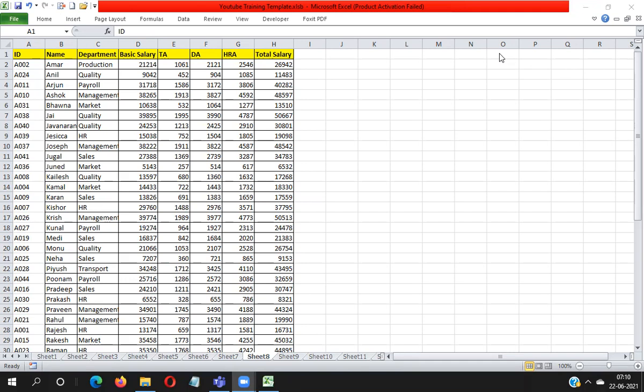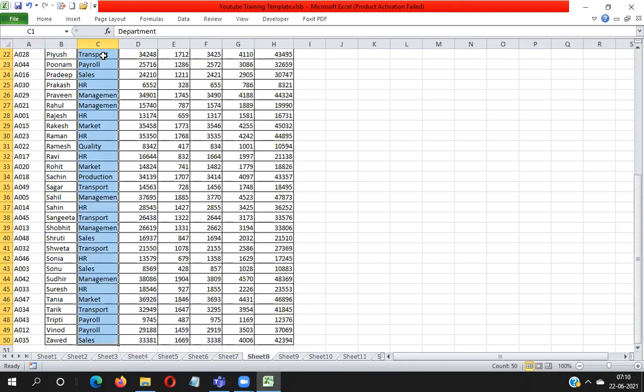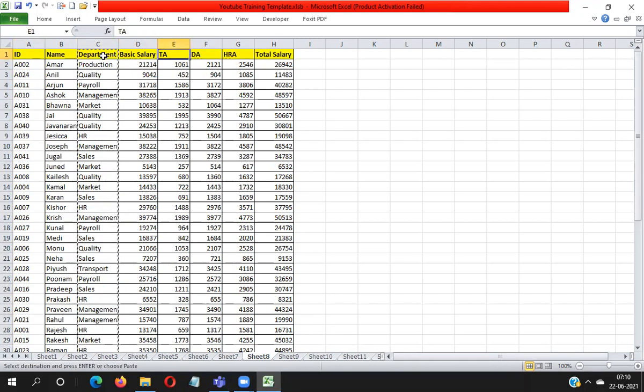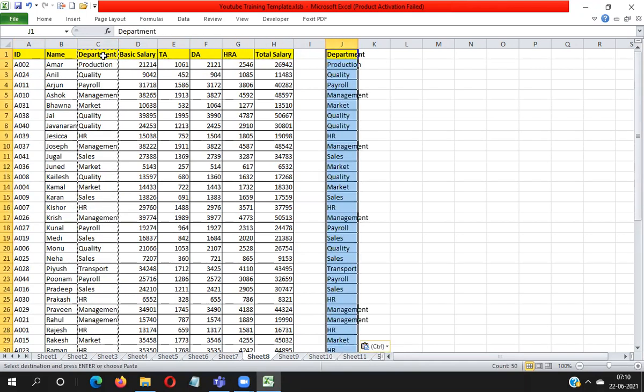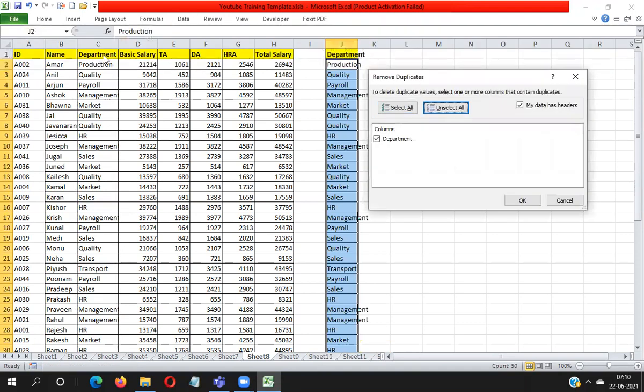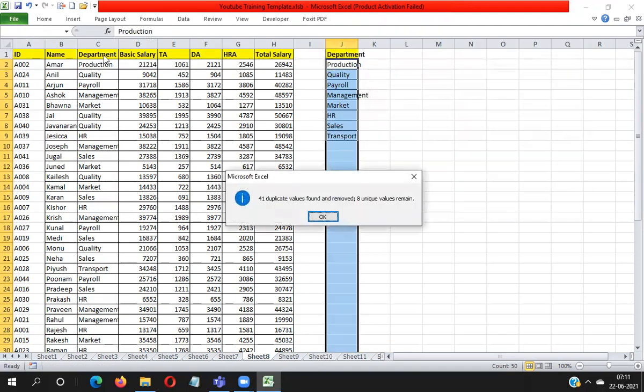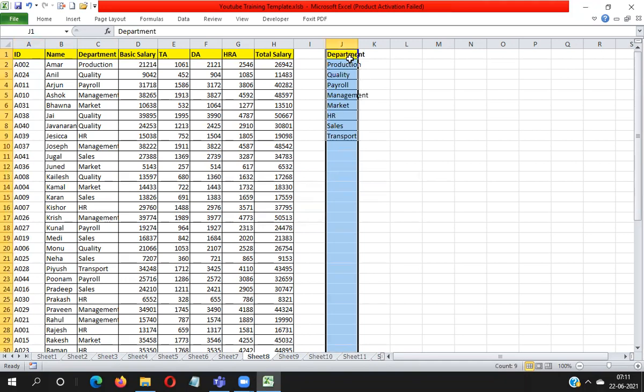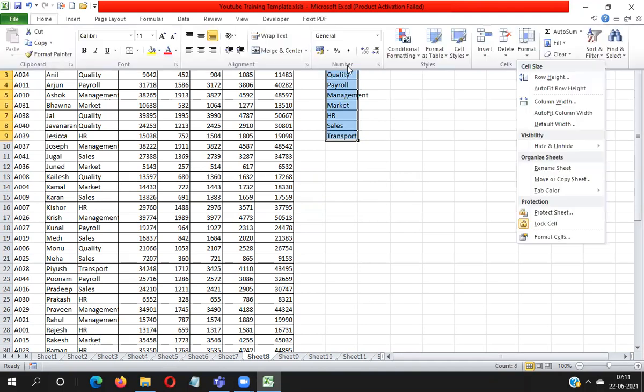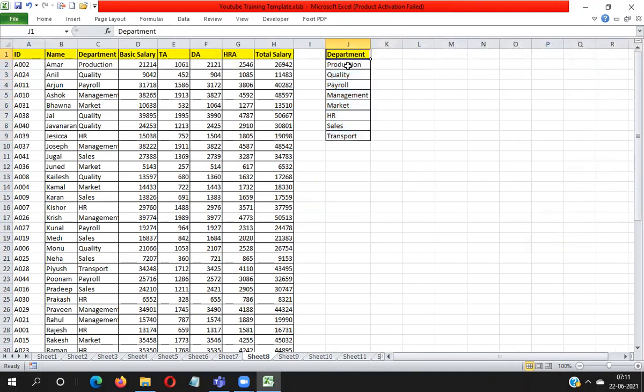Okay, so now today I'm going to let you know the logic of COUNTIF. I will not apply the COUNTIF function, but I will show you how we can get the output of COUNTIF without it. What I have to do is copy the data, paste it here, remove duplicates and enter. After that I have to take the employee count on the basis of each department. Let's see the practical approach.